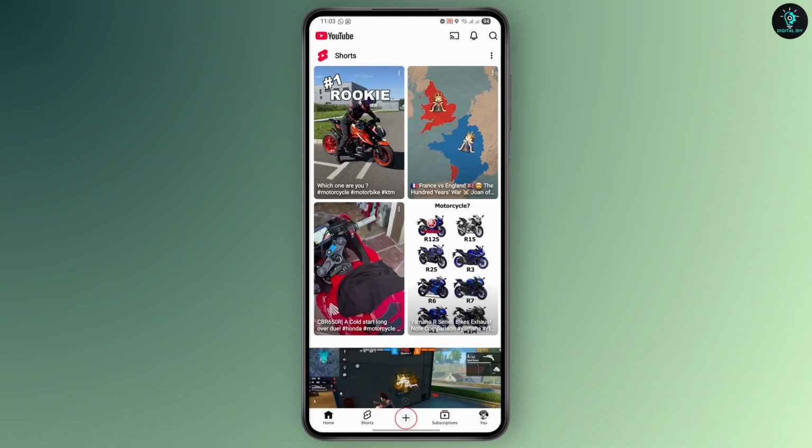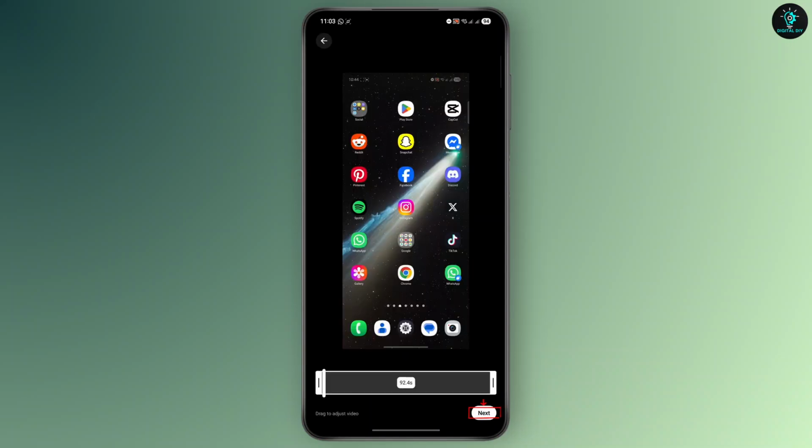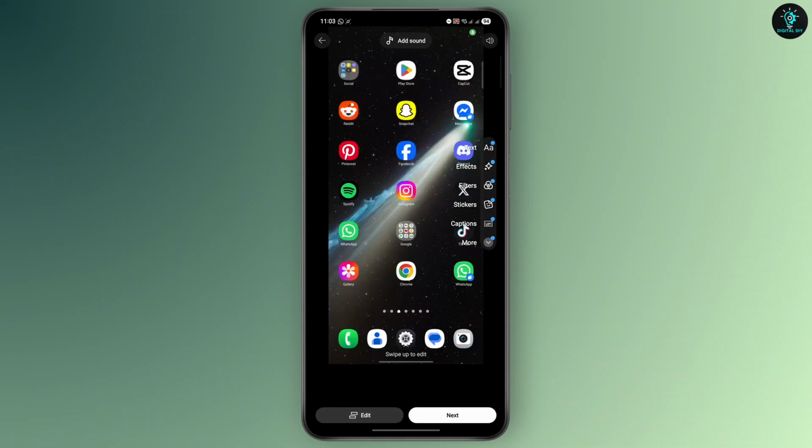From there, tap on Upload a Video or Create a Short, depending on what you are uploading. At this point, select the video from your gallery and tap Next. In the next step, before proceeding, make sure your video quality is set to 4K or the highest resolution available